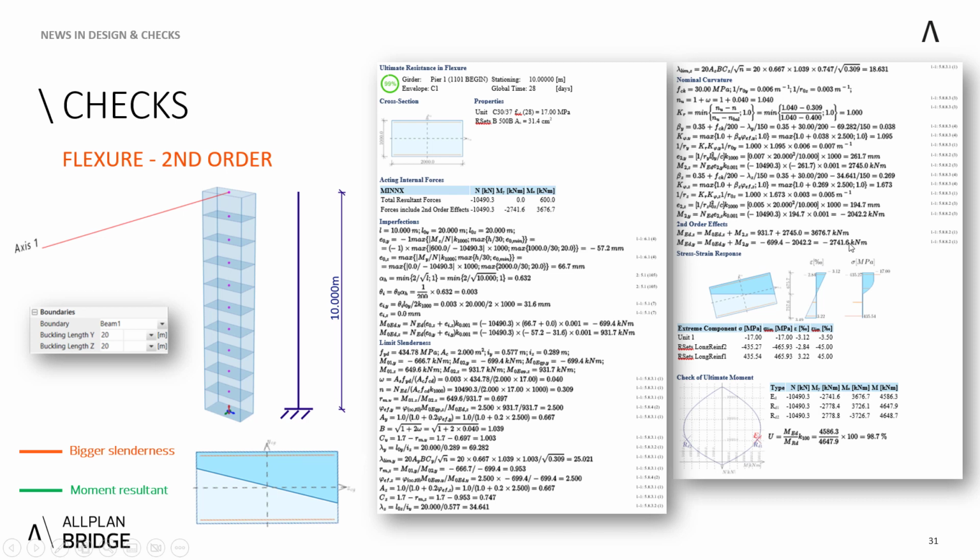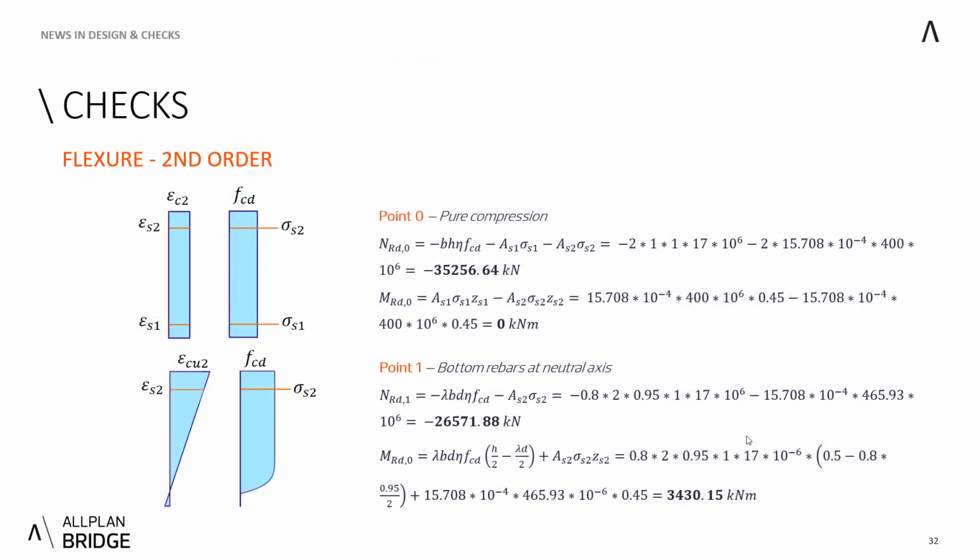And up to those magnifying moments, including second-order effects, the stress-strain response and the interaction diagram is calculated in the same way as before. So now why we did also this example was that this is a reinforced concrete section, so it's much easier for us to explain how the interaction diagram is composed, and we can do a hand calculation of it. So let me go for a simplified approach that they usually teach you at the universities with those 6 significant points. And if we start at the top of the interaction diagram, we can say that it's a point 0,